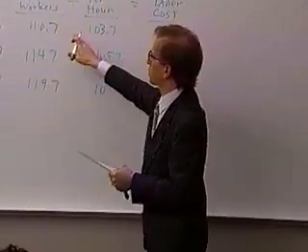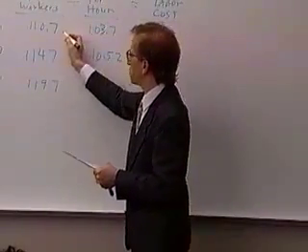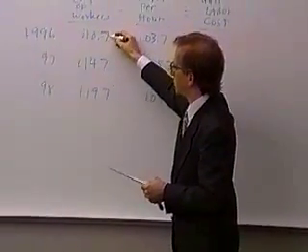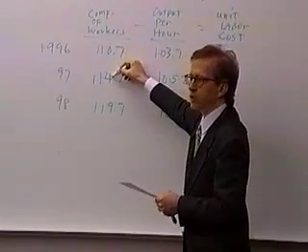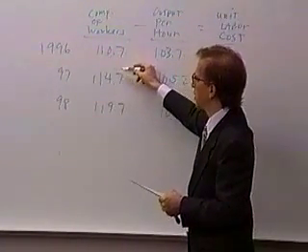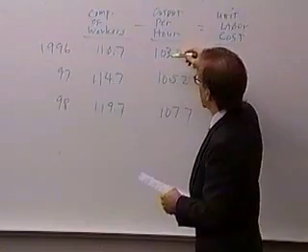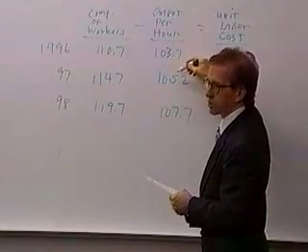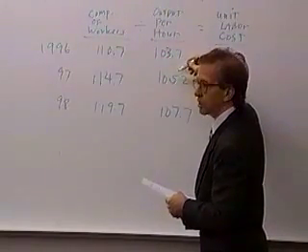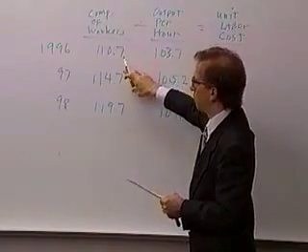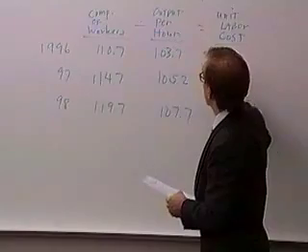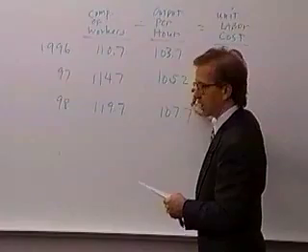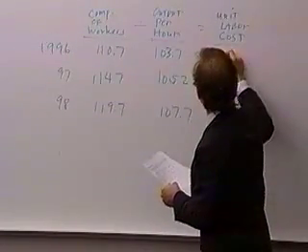Anyway, unit labor costs, we just divide the one by the other. And before we go any further, let's look and see what's happening here. This index from 96 to 97, compensation of workers, is going up by 4 points, from 110 to 114.7, a little less than 4%. Output per hour is going up from 103 to 105, by far less than 3%, less than 2%. And so what you would expect to see is wages going up faster than output, so you'd expect unit labor cost to rise. This one went up by 5 units, and again, you would expect unit labor cost to go up. So let me write these down,